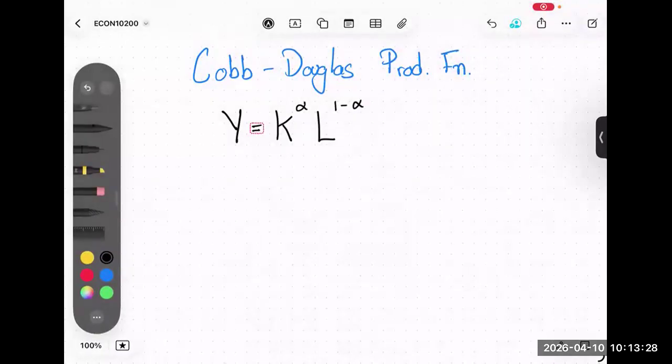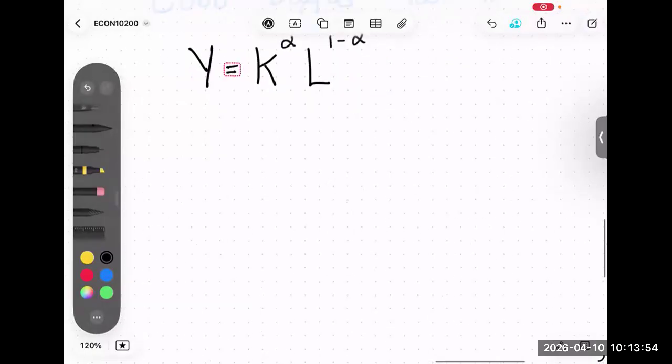Hi, everyone. Suppose that you have a Cobb Douglas production function and you would like to re-express it in per capita terms. In this production function, Y represents GDP, K is the capital stock, and L refers to labor. Alpha is the share of capital, and of course, 1 minus alpha is the share of labor. So if you want to re-express this in per capita terms, the only thing that you have to do is